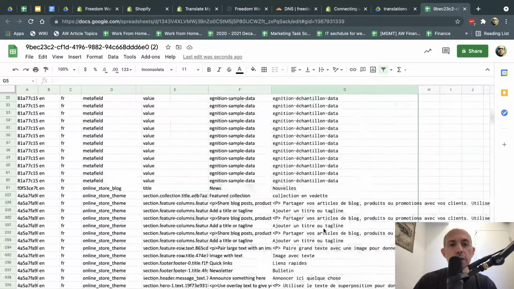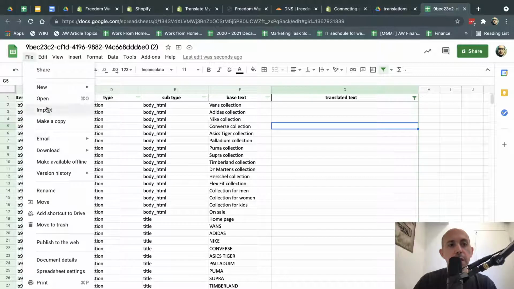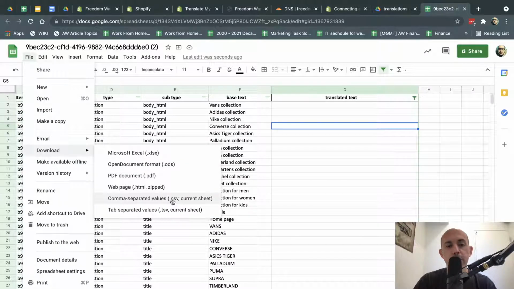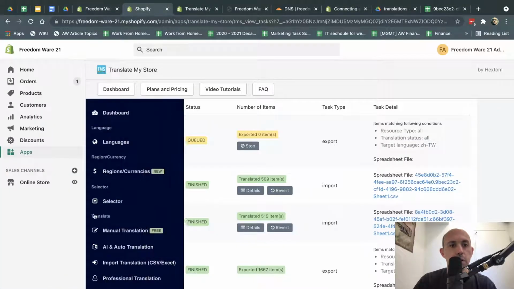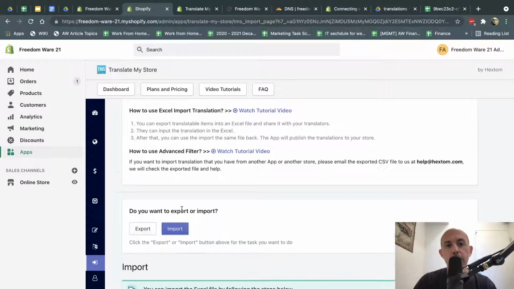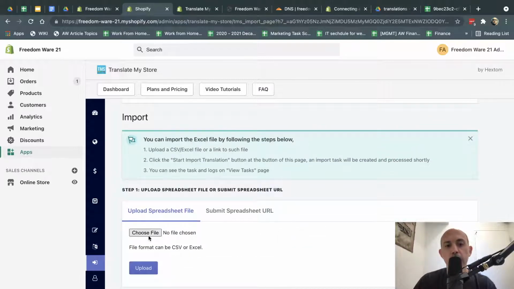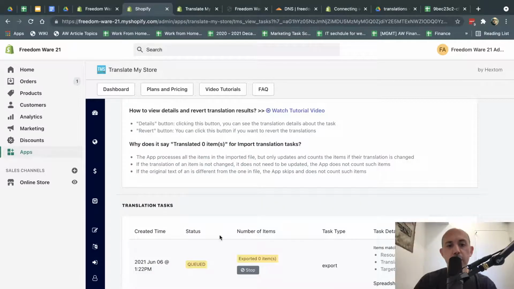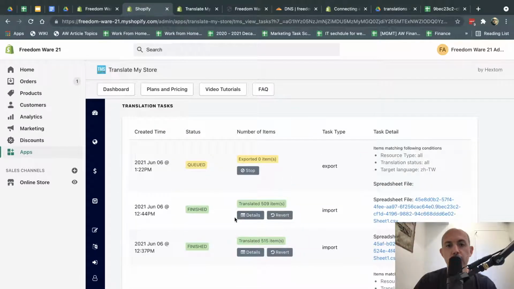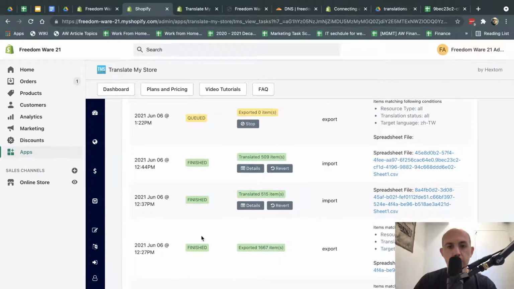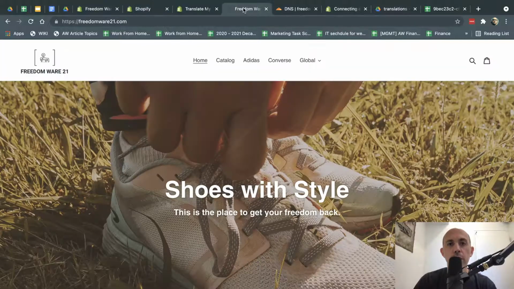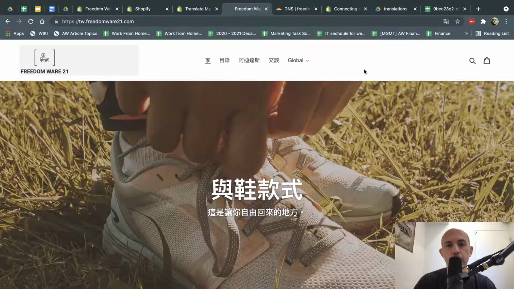Okay. So once you finish translating everything, you're going to click here on File, download as CSV. You have to make it a CSV file, and you're going to go back to your import export right here, and you're going to click on import, and then you're just going to upload the file here and click on submit. And when you do that, in the tasks, you're going to be able to see that it's imported correctly. So for example, right here, these are exports that I've run, and these are imports that I've done. And once you do that, all the front end, the website itself, will be translated, for example, here.